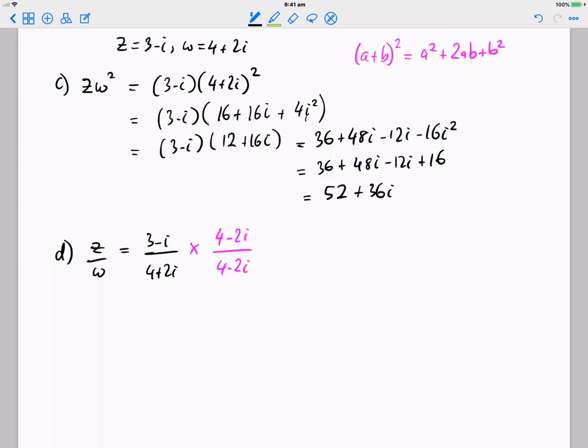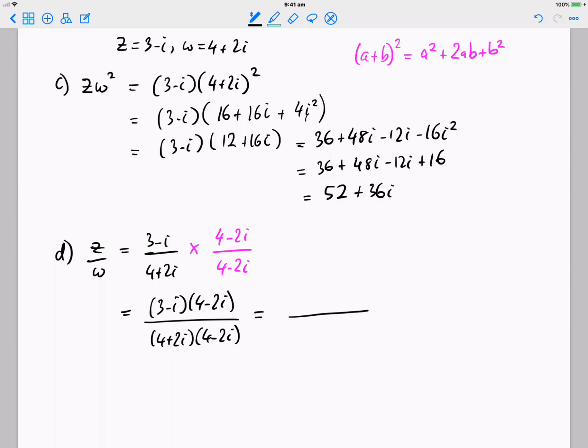So I'm not doing anything which is not valid. Okay, but as you will see, this will actually take z over w and give it to me in the form of a complex number. So let's have a look. I get on top (3 minus i)(4 minus 2i), and on the bottom I've got (4 plus 2i)(4 minus 2i). Okay, so